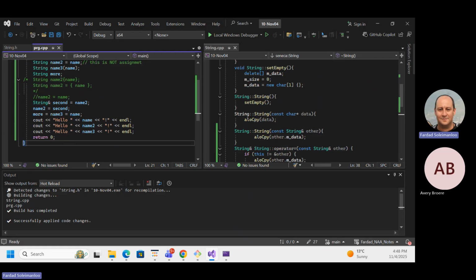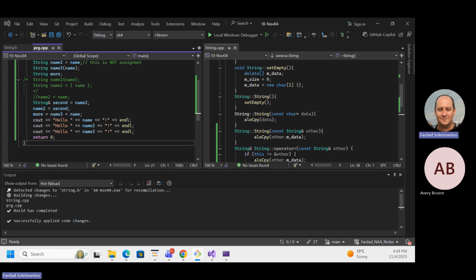Anyway, give me a second. Let me try and see if I can do the thing over here. So CD to the notes. Okay, git add everything, git commit with the date, November 4th.